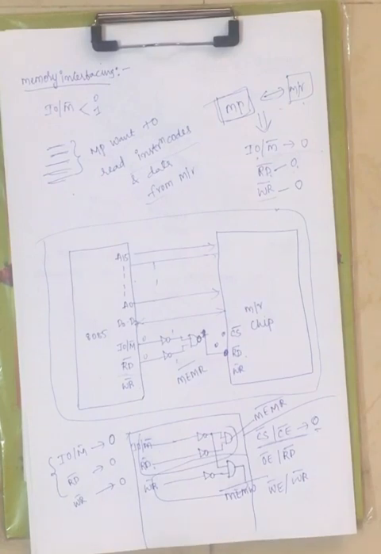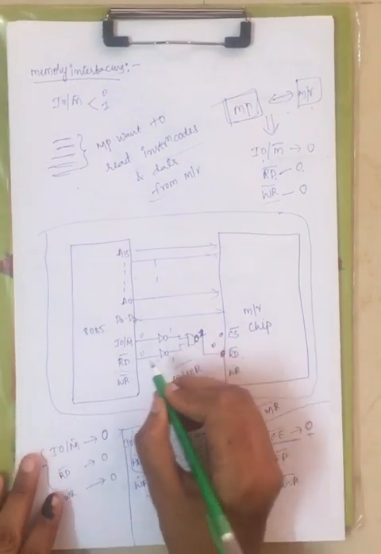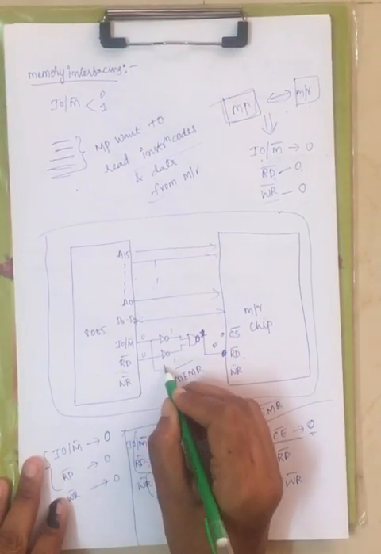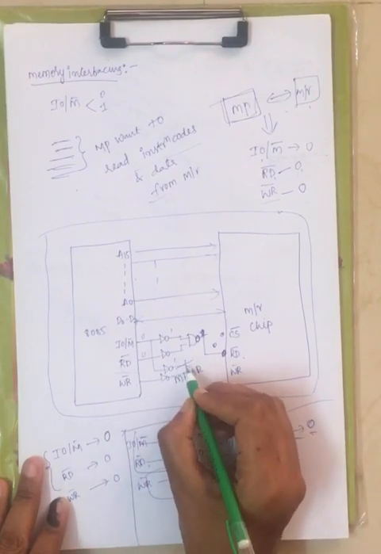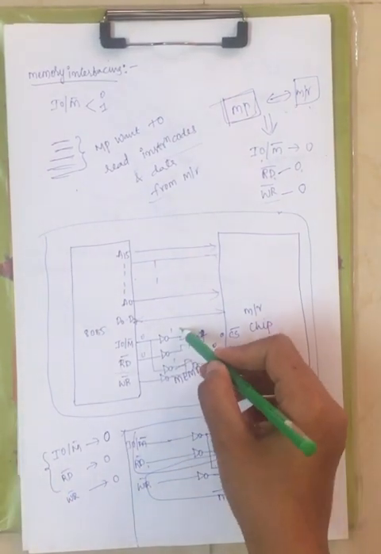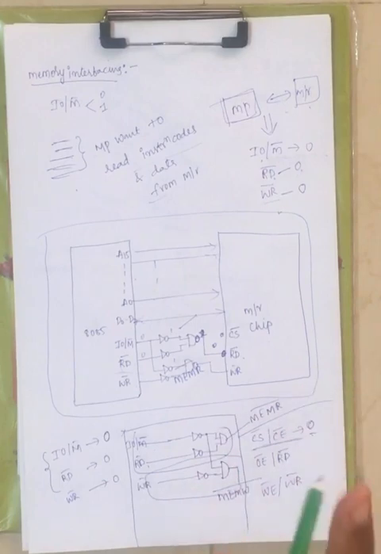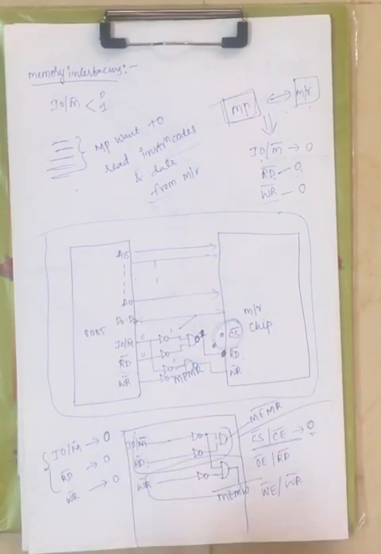Now similarly for writing purpose, what is the circuit? I am drawing here only. Now this should be active low, and the write signal should be active low. These are NAND gated and connected to the write signal. At a time two operations are not possible. Either you can read the data or you can write the data. Now the left out part is chip selection, that has to get logic 0. How will you get logic 0? We will see under problematic form.